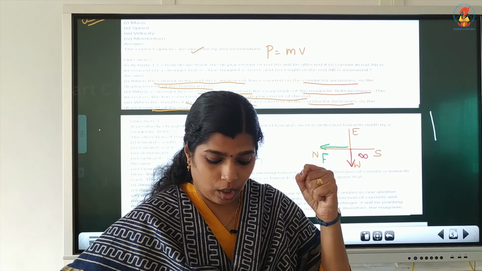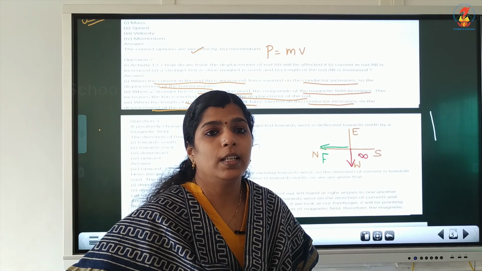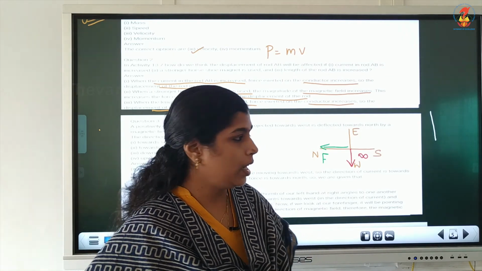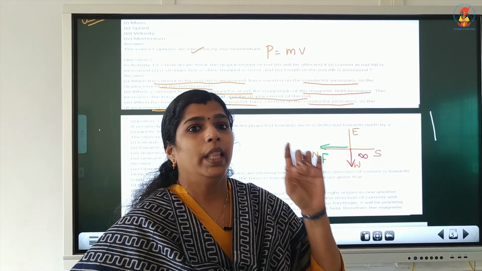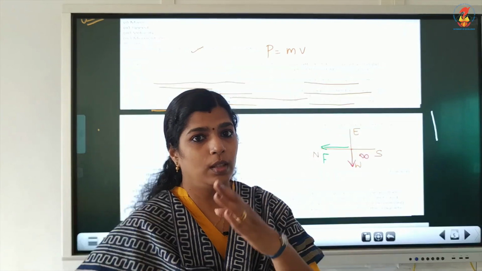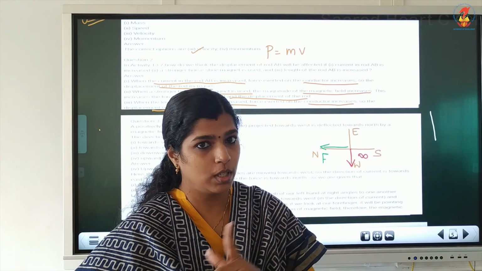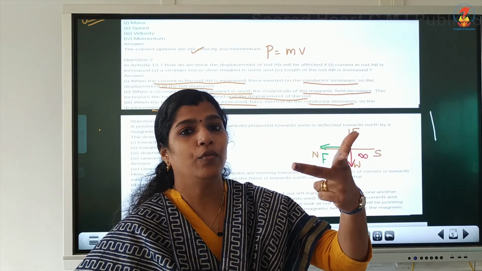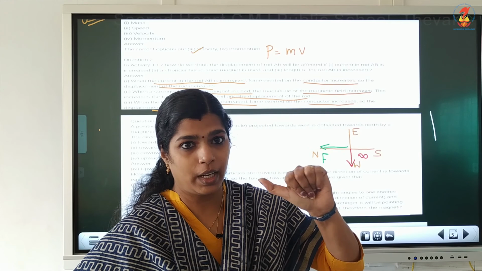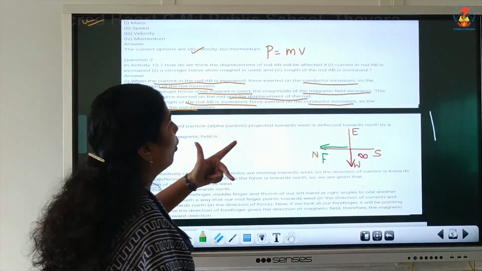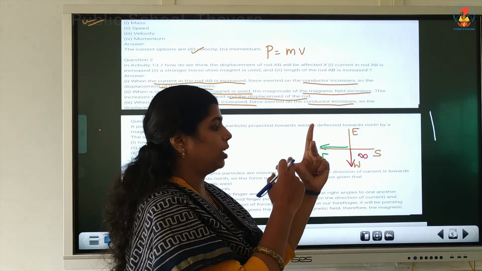So the direction of motion of the positively charged particle is taken as the direction of conventional current, that is in the west direction. That particle will experience a force in the north direction and it is deflected towards the north. So the direction of force is towards the north. Now stretch your three fingers, forefinger, middle finger and thumb of your left hand in such a way that the force is acting in the north direction.